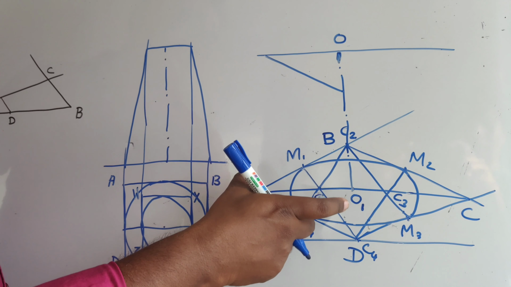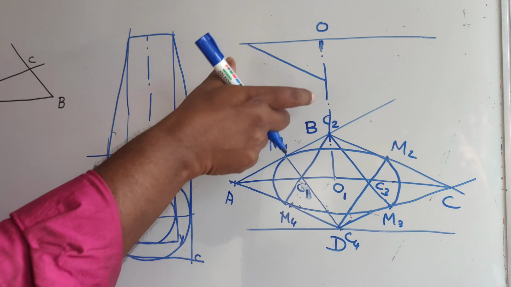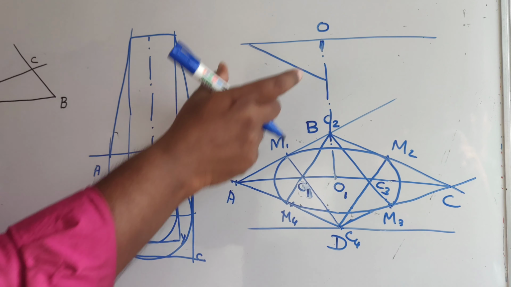You are having a line here. You can have a line which is parallel to this one. You can move your set squares to draw the parallel line, and you can find out the length of WX. That exact length you have to mark here. So now you are having, I am marking this as Z, this as W. So from here, you can extend this portion also. Now WX you can draw along here. Then X to Y you can draw from here, and Y to Z we can draw here.